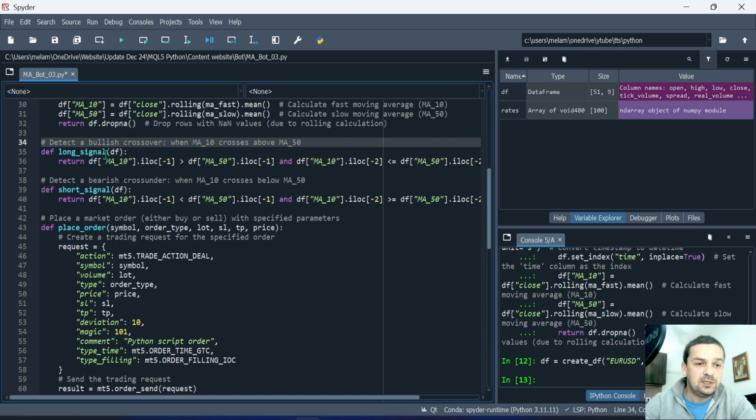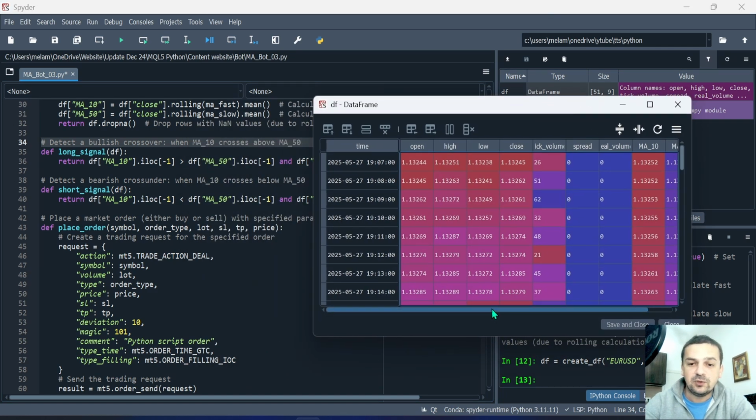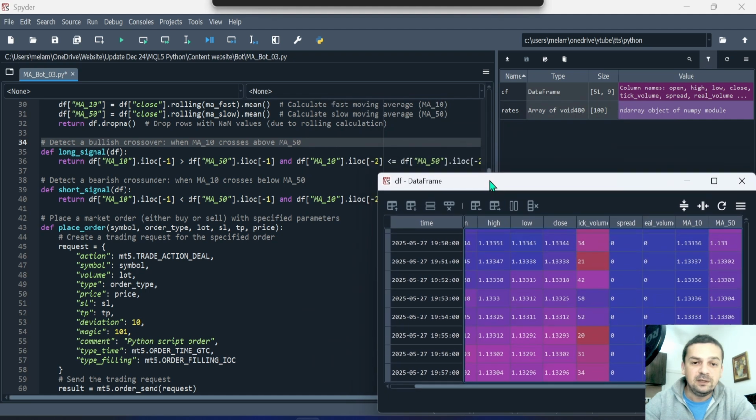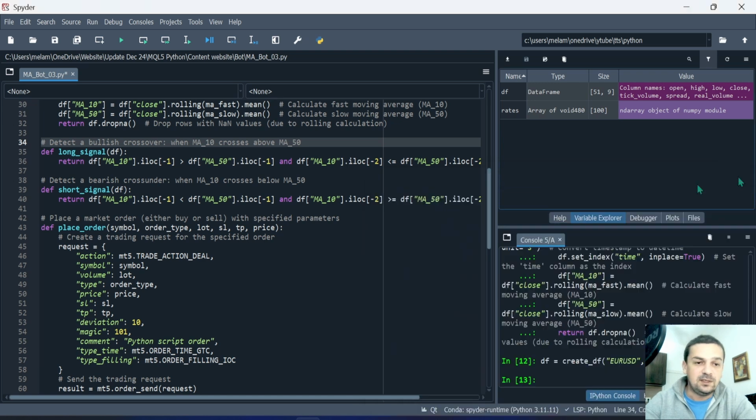Here are the long signal and the short signal. It's relatively simple and intuitive what's going on. We have a long signal when the last index, index -1 of the fast moving average, is above the slow one, but in the previous bar, so index -2, it was below. So we have a crossover in this case, and for the short signal it's exactly the opposite. So this is how we check if we have a long signal or short signal, and it returns true if